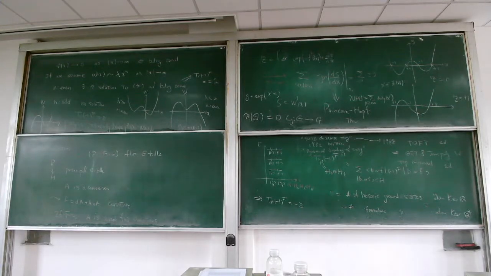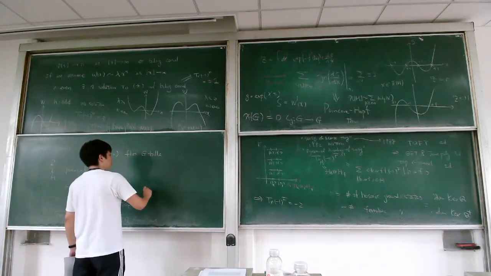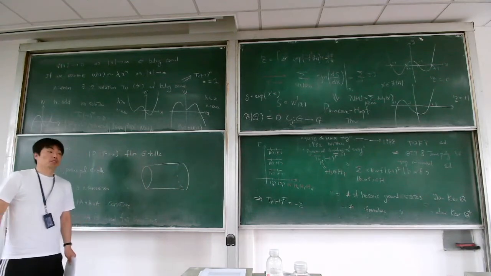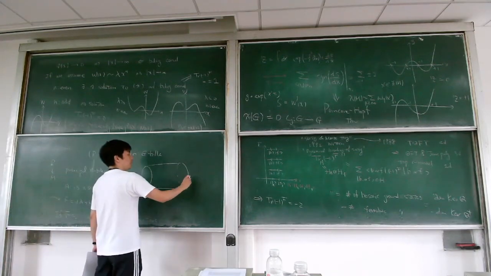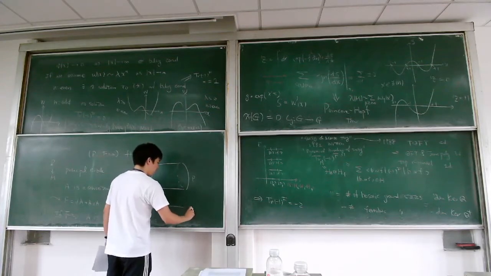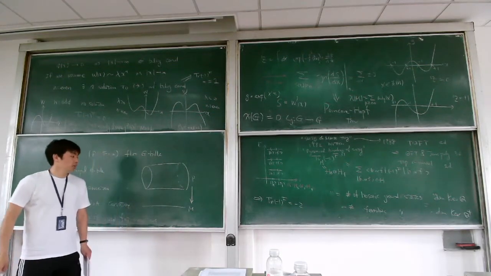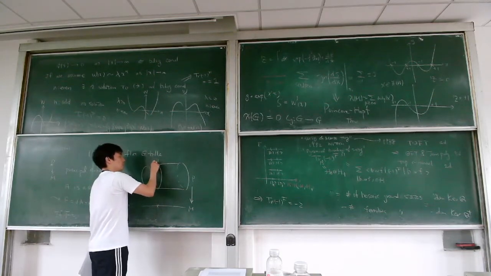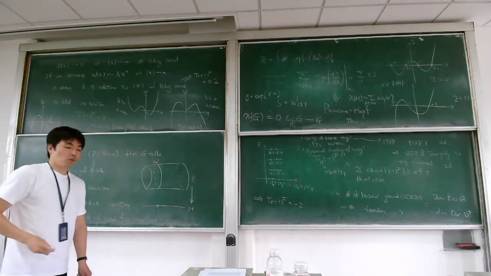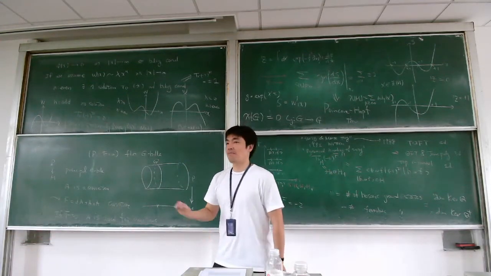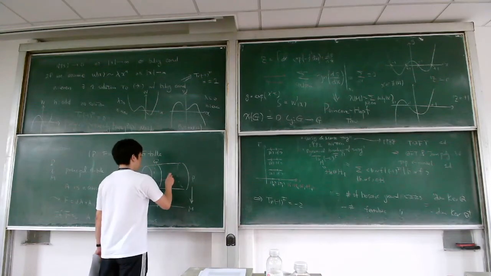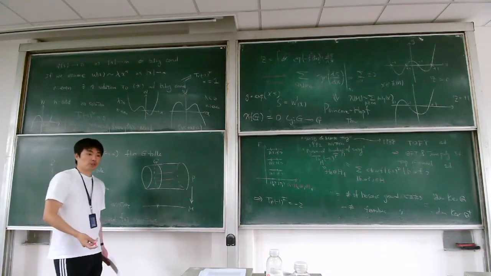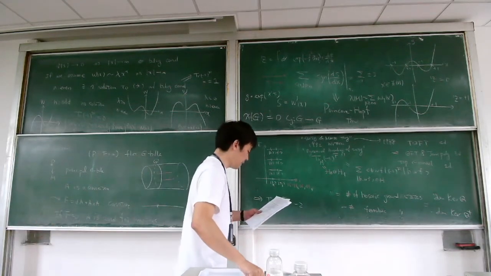So as I mentioned, given a principal G bundle, there's P and M here. So this is a projection. And at each point, you have the fiber, which is G itself. And what the connection does is that it defines the horizontal direction in a principal G bundle. And more precisely, so we just